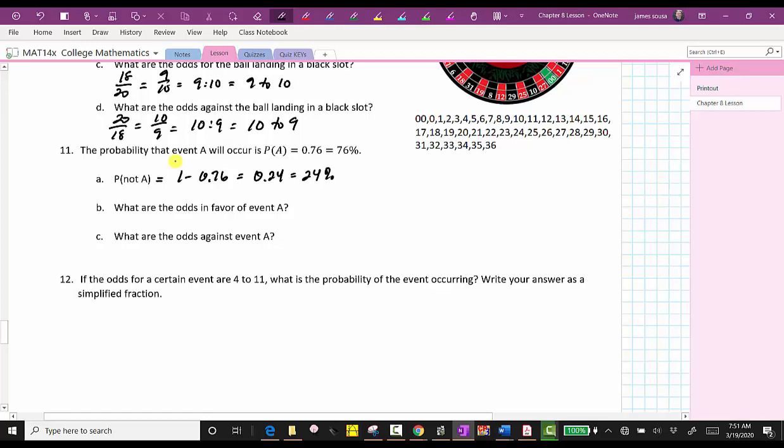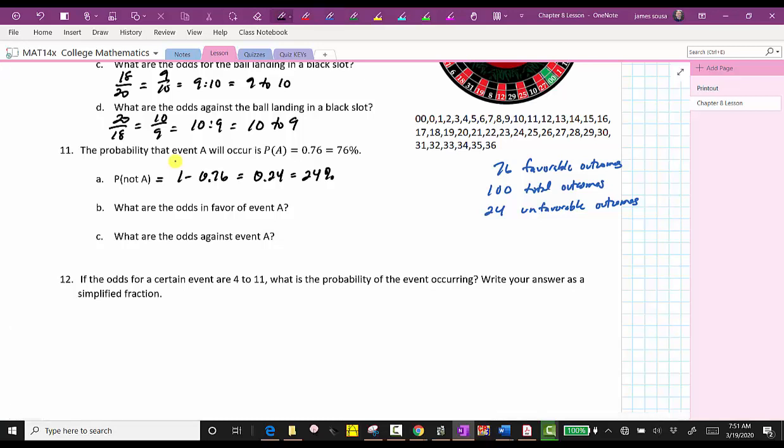Before we talk about B and C, if the probability of A occurring is 76%, we know there are 76 favorable outcomes out of a total of 100 outcomes, which means there must be 100 minus 76 or 24 unfavorable outcomes. And now let's talk about the odds. What are the odds in favor of event A? This is the ratio of the favorable number of outcomes to the unfavorable outcomes, which would be 76 to 24,